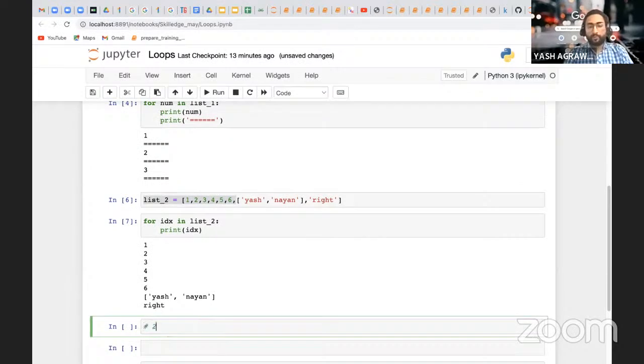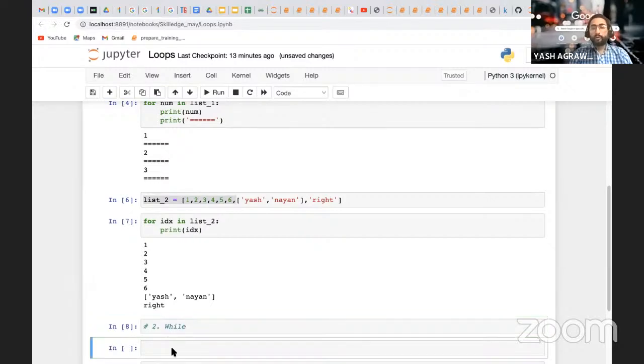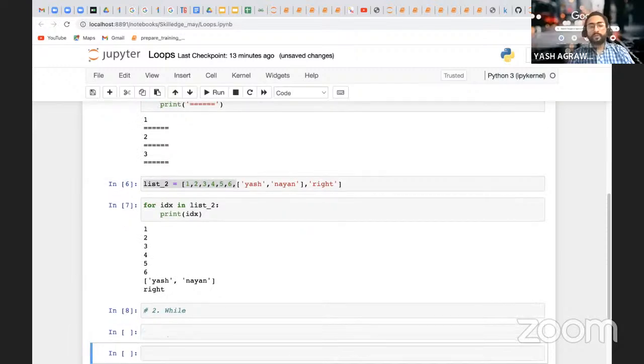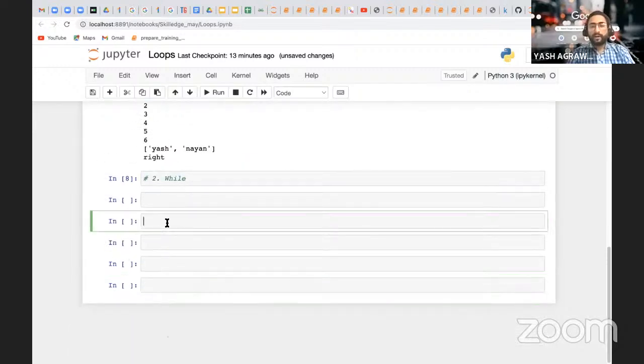So another type of loop is your while loop. So what does this while loop do? Why do we have this while loop? We will see its implementation. Now the while loop is like an always active kind of a person. He is a very active kind of loop.